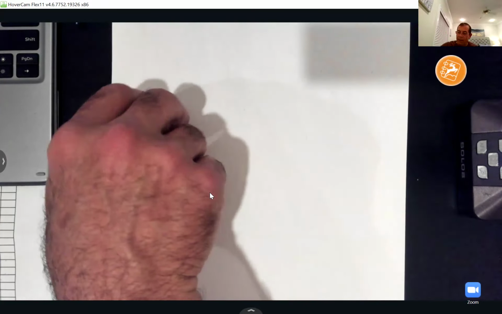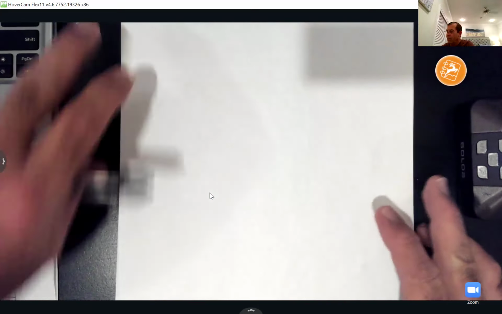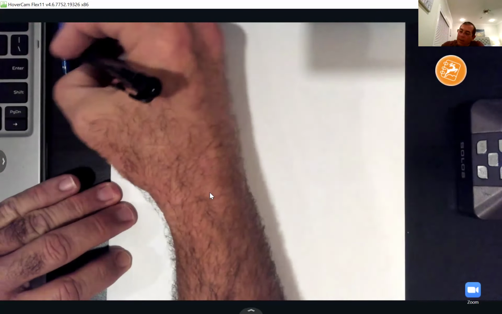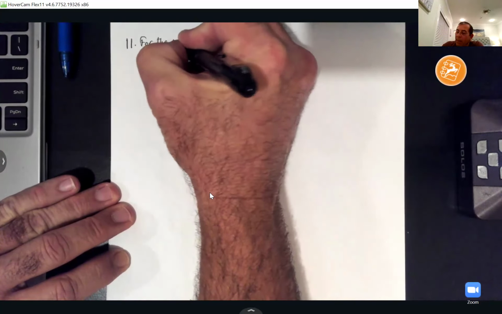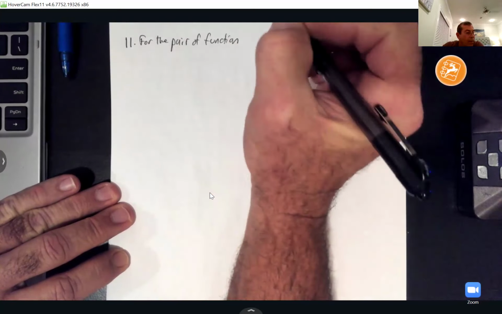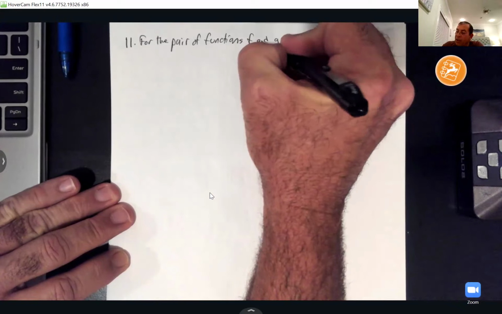All righty, y'all. Let me turn my pages over. All right, so now we're on the second 10. So starting with number 11. So for the pair of functions, f and g, determine